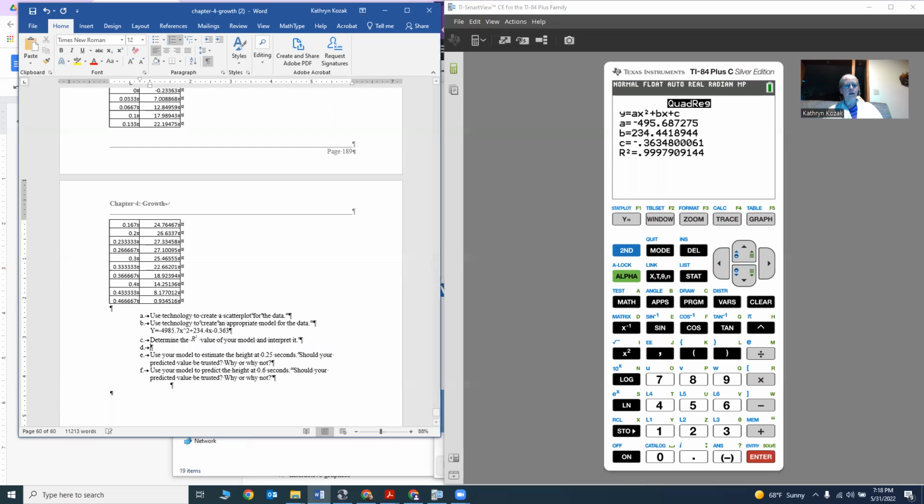I want to also determine the R squared value. The calculator gave me the R squared value. It's actually 0.99979. So we can round it off to 0.9998. I can't round it any better than that because it would round it up to 1, and we don't want to go to 1. This means that